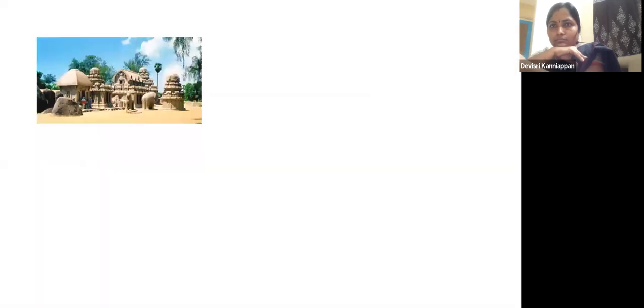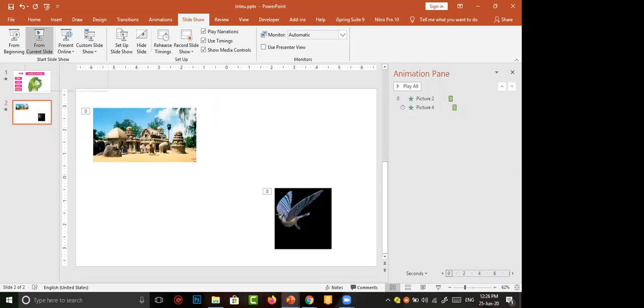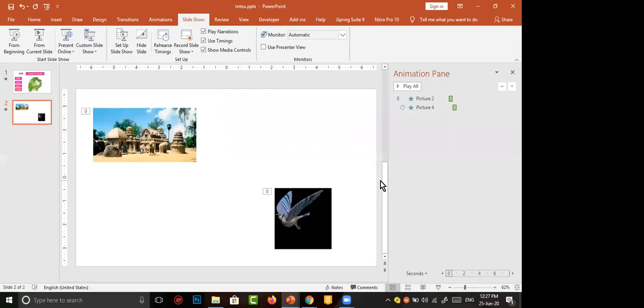Again, play. The first one appeared. After some time, the second picture appears. After the completion of the first animation, the second animation starts. Is it clear, ma'am?